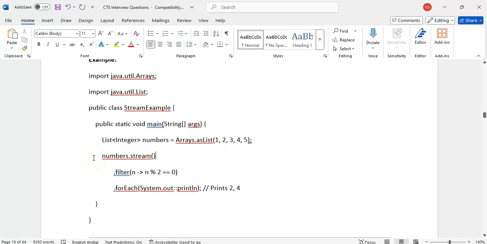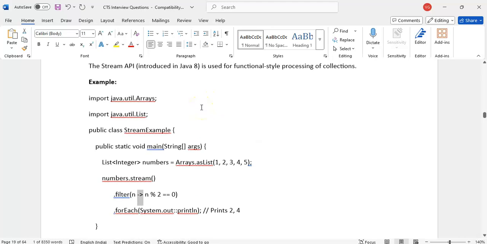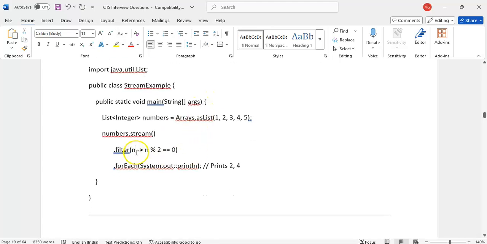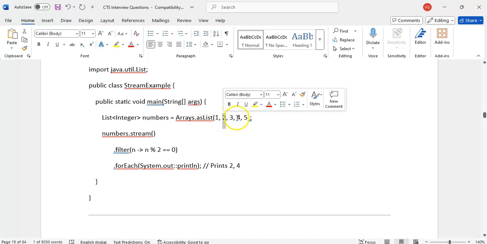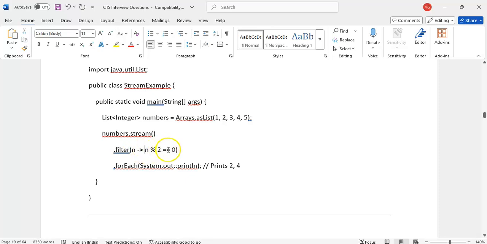But by using stream, we can write it within a single line. numbers.stream(), we get the stream object, and filter. Here we use a lambda expression, because functional programming means we have to use lambda expressions. n means one by one. First one comes: 1 % 2 is not 0. Then the next, 2 % 2 is 0, yes, so it will print 2.